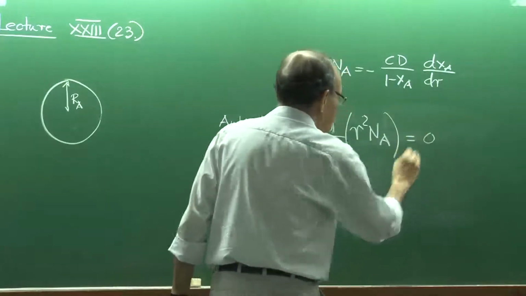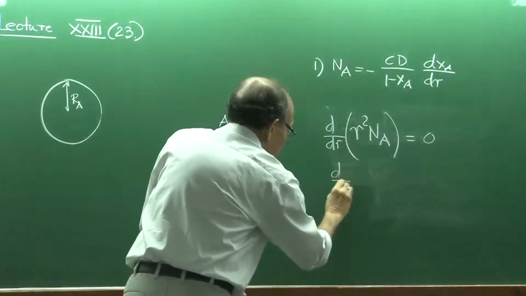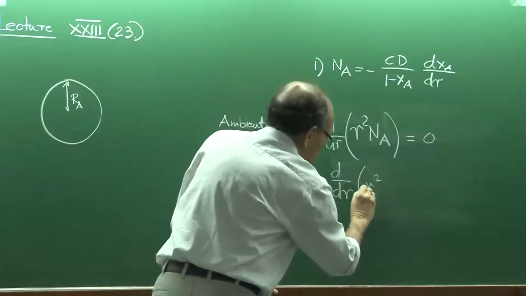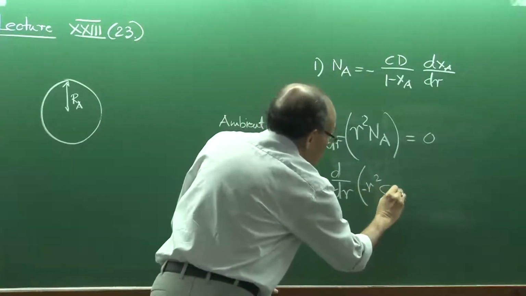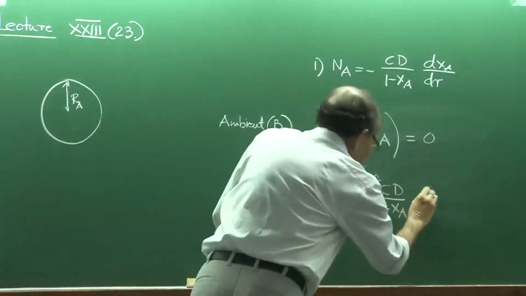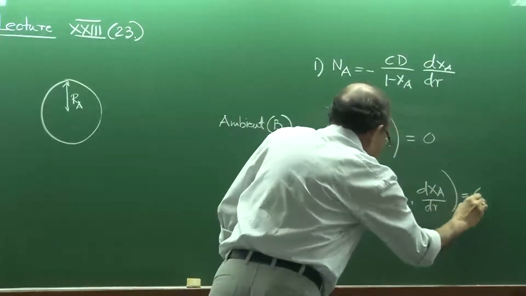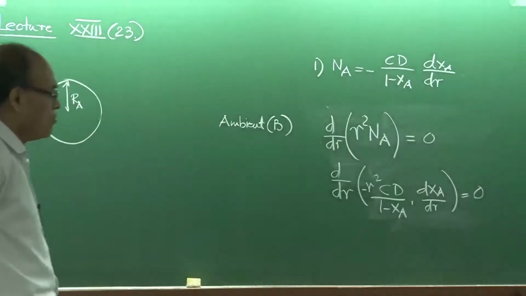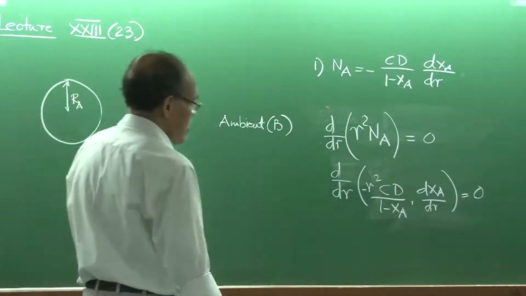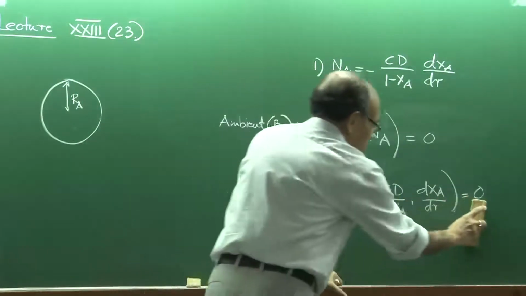So if you do a shell balance, that's the governing equation, and therefore we can say, and I think till yesterday that's what I wrote, and then we can say minus r square, then C and D, 1 minus XA